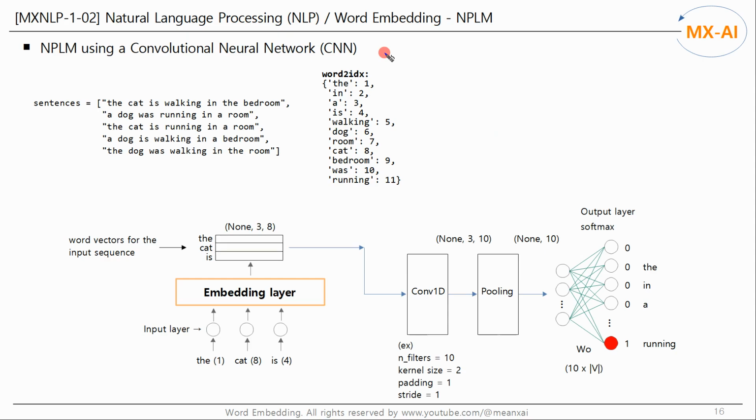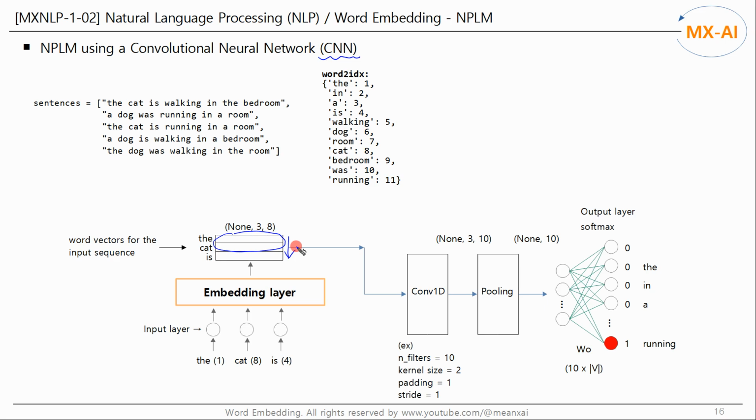Next, let's implement the NPLM using a convolutional neural network. Convolutional neural networks can also be used on word sequence data, by applying 1D convolutional filters that slide across the input to detect local patterns and features. While LSTMs are designed to handle long-term dependencies through their recurrent nature,